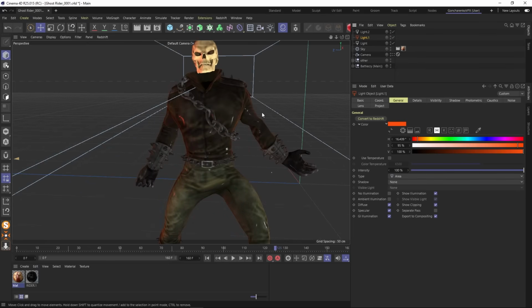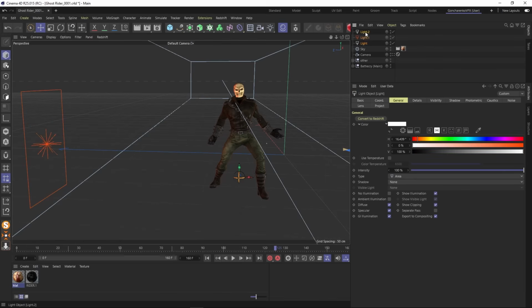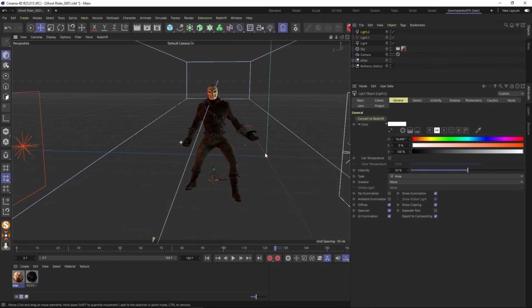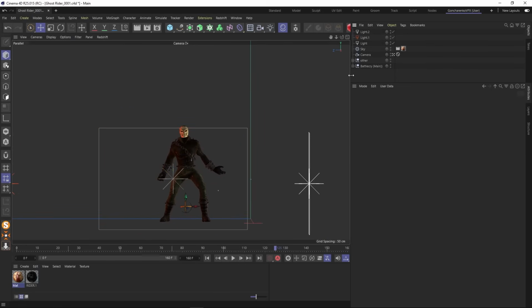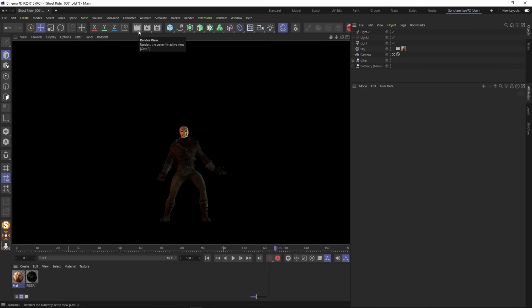If you are using another render like Redshift or Octane, your result can be much better than mine. Right now I'm just showing how I've done it with the standard render. Try to customize it as needed. The intensity can be set to more than 100 units. I will put 50 on this source, and this is what it looks like with our camera on. Add some fire and everything will be fine,